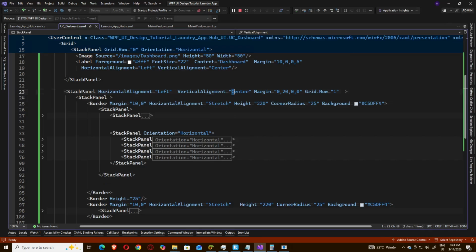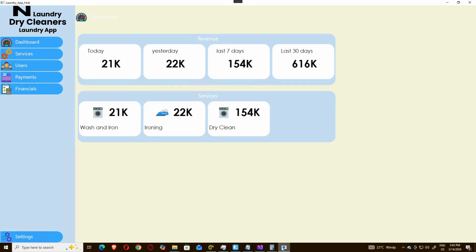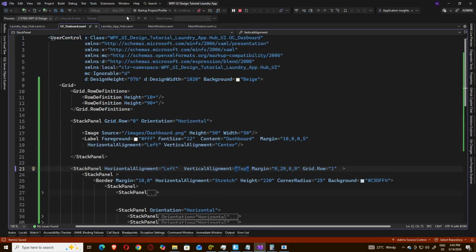So vertical alignment center. So let's take it back to the top. And we press S. Then that has moved to the top there. So that's okay there. Then let's get rid of this beige color there. This color we're only using it for debug purposes to see what was wrong with the application. So we can go back to our usual